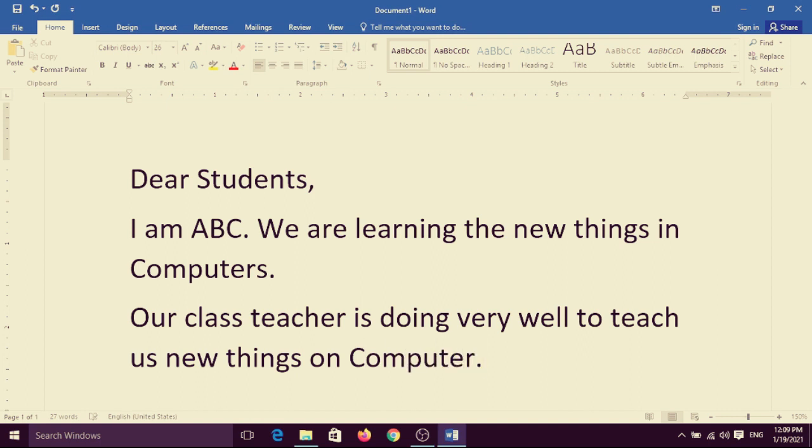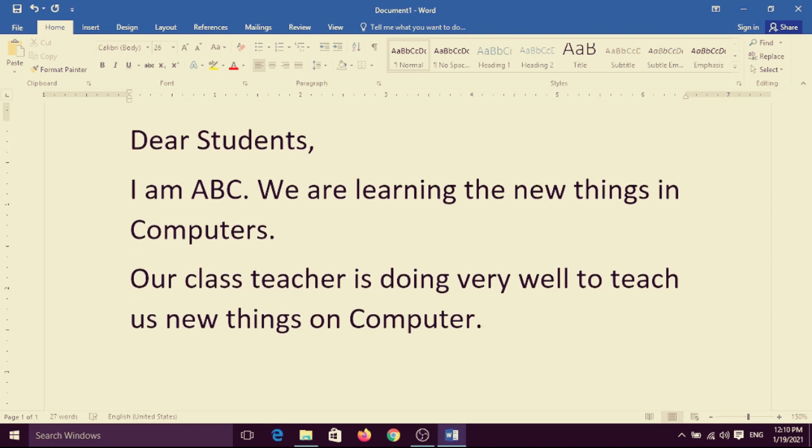Yes, you can see easily the blinking cursor automatically shifts right after typing the letters, and when the line becomes full of words, it automatically shifts to the next line. To create a new line, you can press the Enter button and start typing.